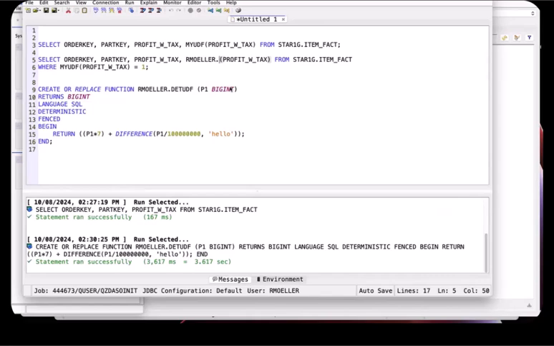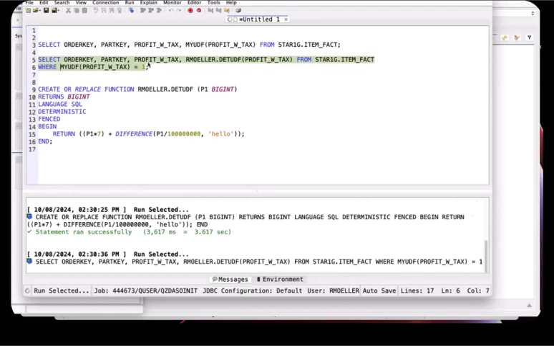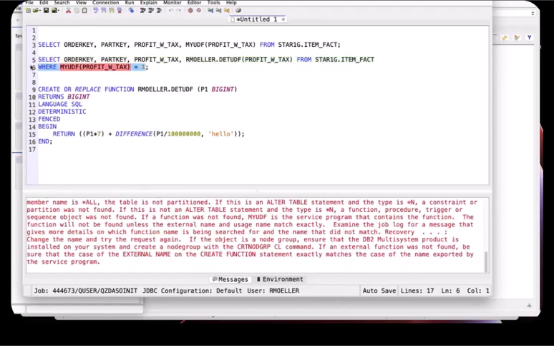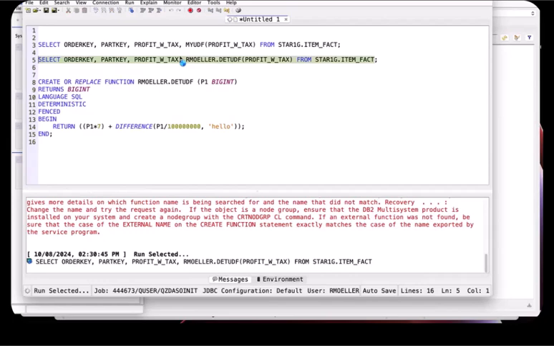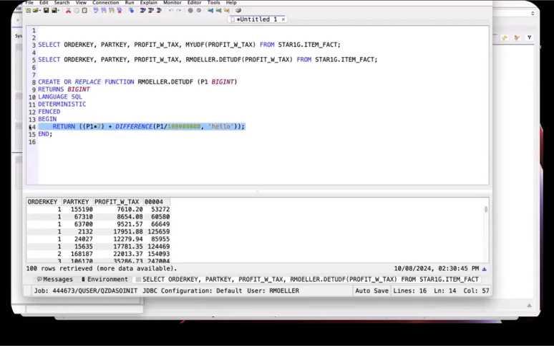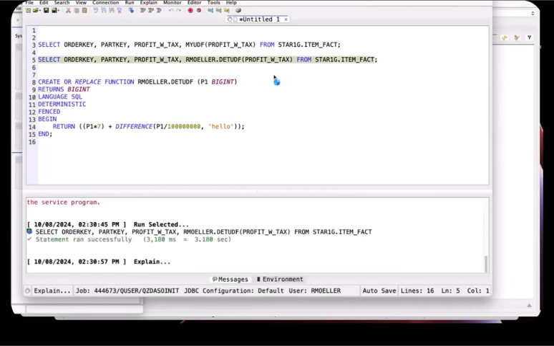Oh, well, that'll fail. My UDF, I forgot to get rid of. That's a bummer. All right, let's go back and run that. This should work just fine. And this is obviously junk inside here, but the main thing is it returns the same value for the same input. And in fact, if I go and do a visual explain on this,